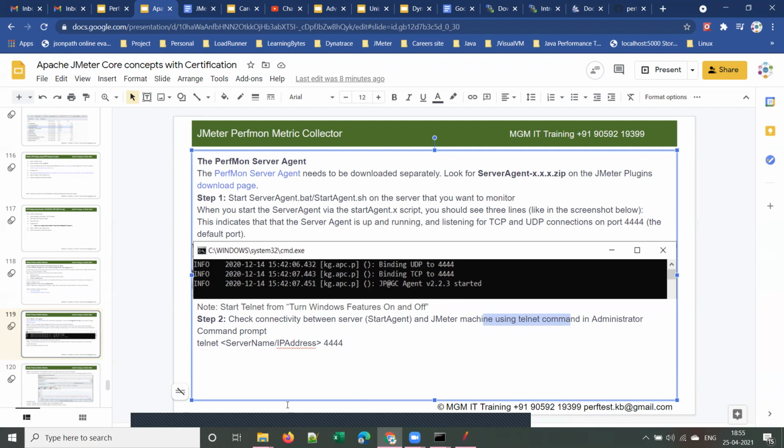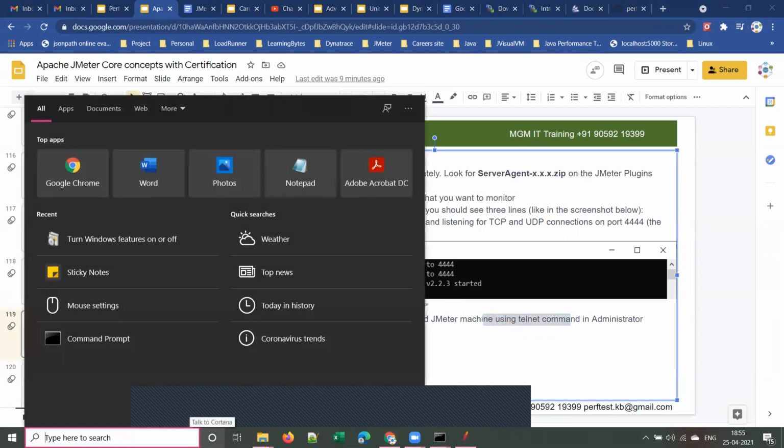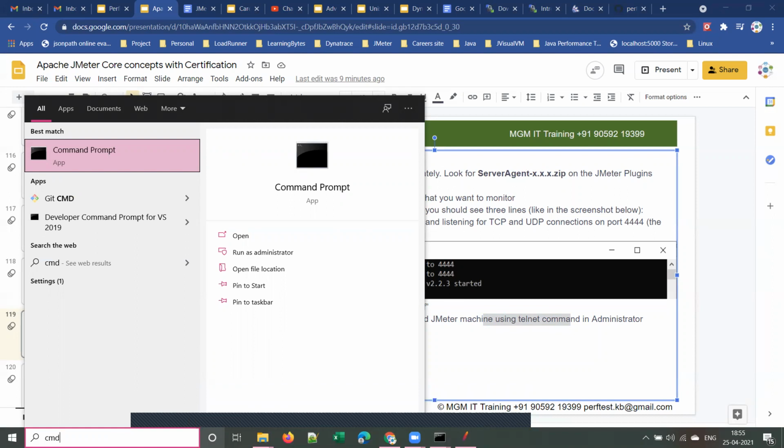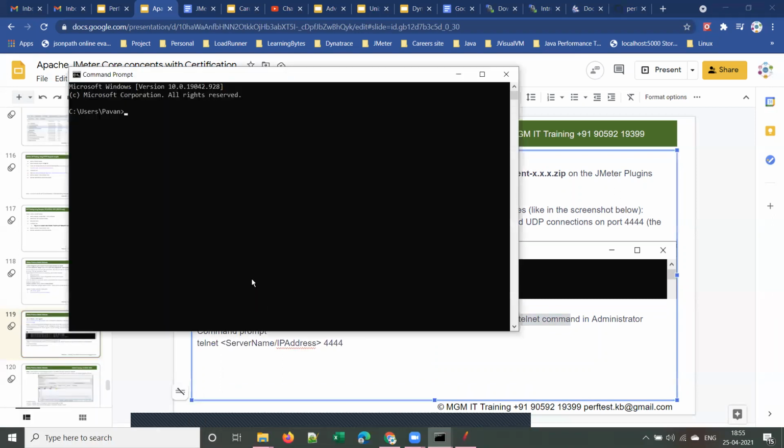Once you have Telnet, you can open a command prompt in admin mode, which we also call an elevated command prompt. So this is the normal command prompt. As you can see here, the window title simply says command prompt.